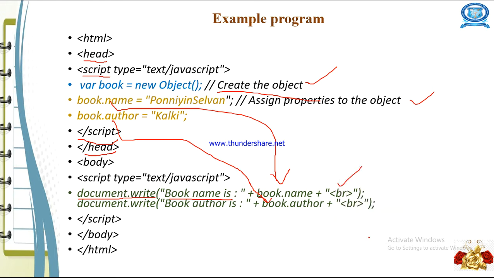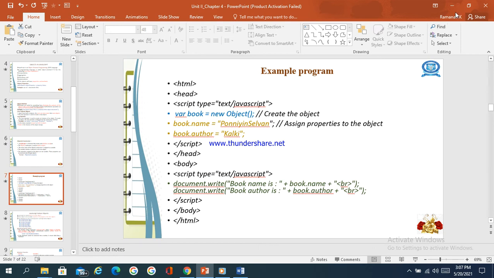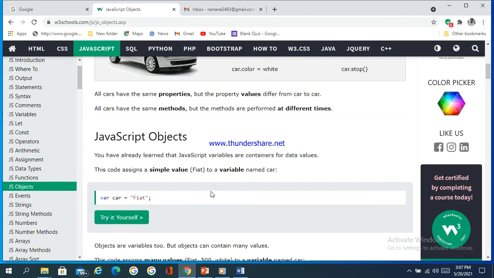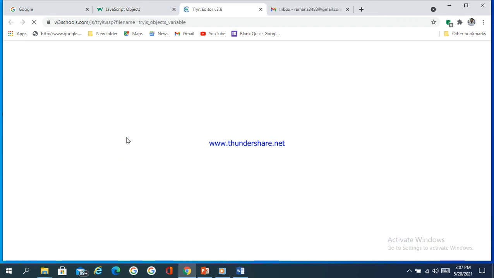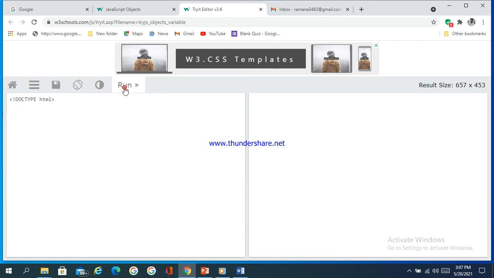I have to execute this program in an online editor. So this is an online editor. Just wait and see. I open the online editor.